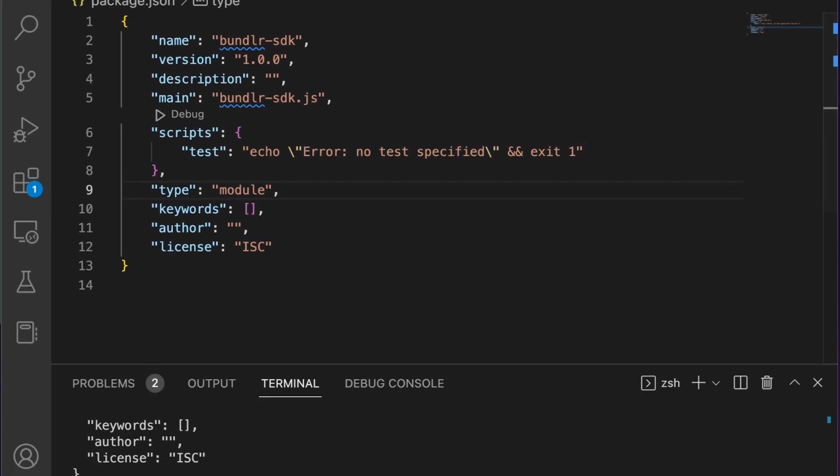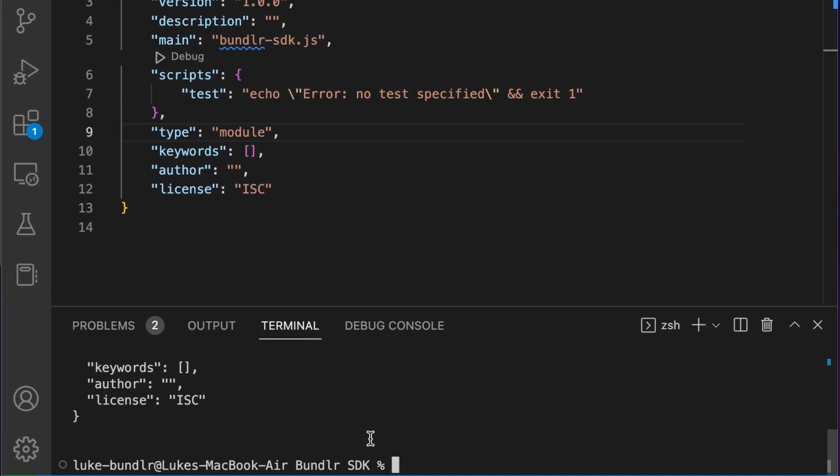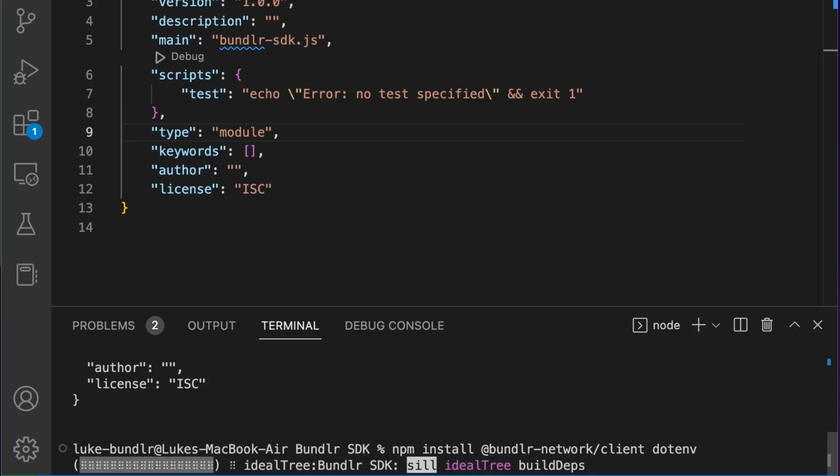Okay, hide the browser, and let's install our dependencies. npm install @bundler.network/client, and we're also going to install dotenv so we can import some environment variables. Give that a sec.